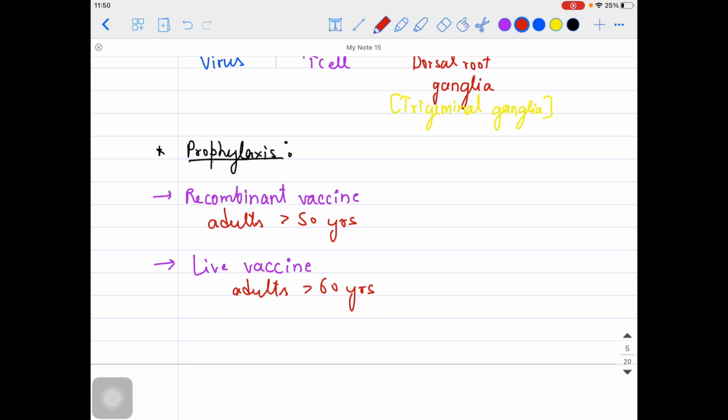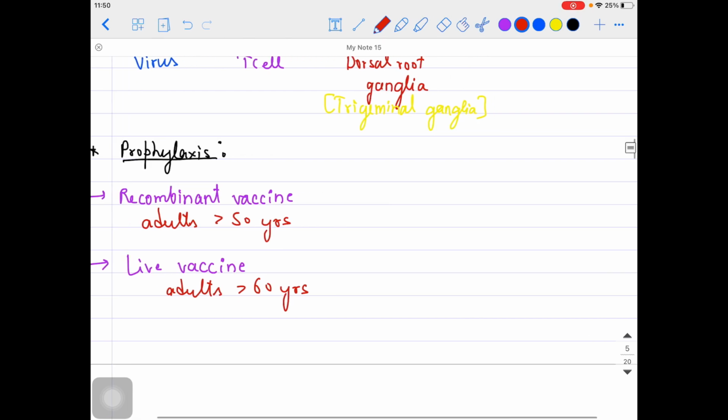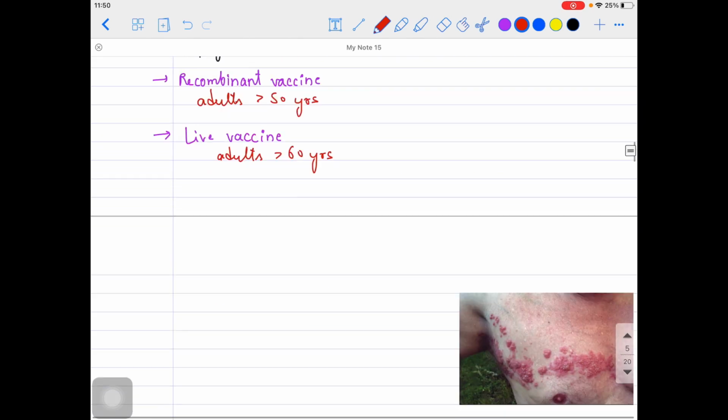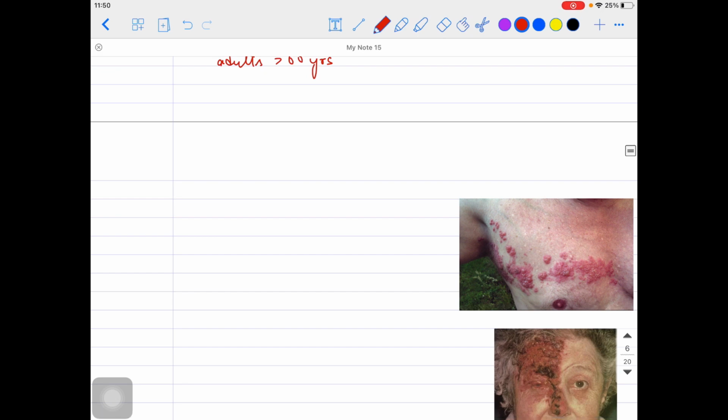Herpes zoster, or shingles, happens in the adult population and is caused by the varicella zoster virus. Usually it takes around 4 to 6 weeks to completely heal, so around a month. Now, how will the patient be presenting? We have talked about that much, so let's talk about the presentation part also.